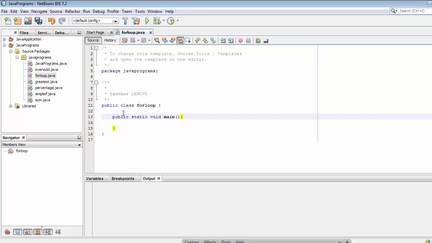Okay, and then string args. Okay, and then try. Now, first I will give you a demo of what happens if you don't use for loops to display the numbers. So let's first catch